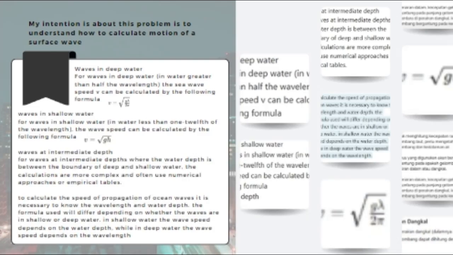If we want to calculate the motion of a surface wave, we have three